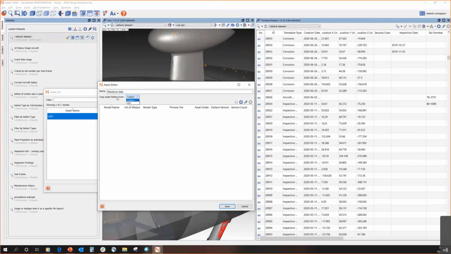I also have the options to copy any asset folders from a pre-existing asset. So that was the stored views and other folders that I'd set up. So I'm going to go ahead and choose that to copy the asset folders from my pre-existing UAV asset. And then in here will be the list of all the different models that have been loaded for this specific maintenance data asset. So if I click on the plus sign,